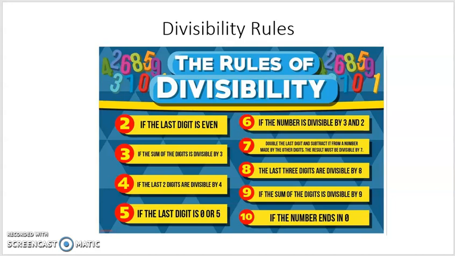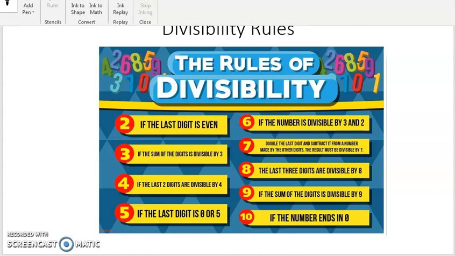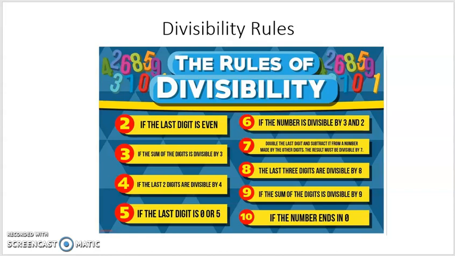For the prime factor test, it's very helpful to know the rules of divisibility. It's not entirely necessary, but this makes the process go faster. Here is a poster that can be purchased from teacher supply stores. You could purchase this and post it in your room, and it reminds students of the rules of divisibility from 2 to 10. So for example, the rule for 3: if the sum of the digits is divisible by 3, then the number is divisible by 3. Again, these rules are not absolutely necessary, but make the prime factor test go a little